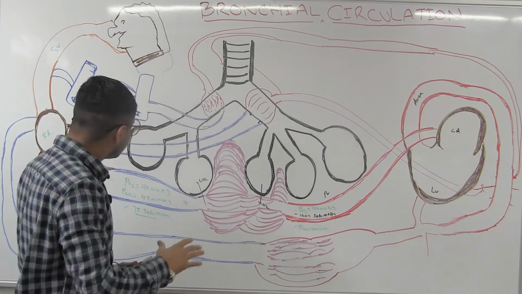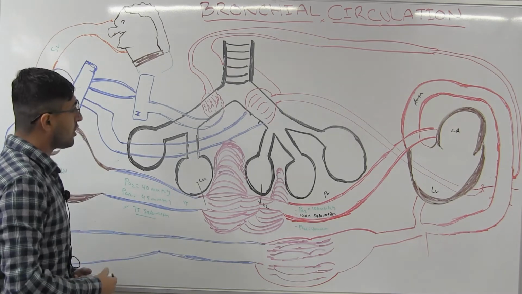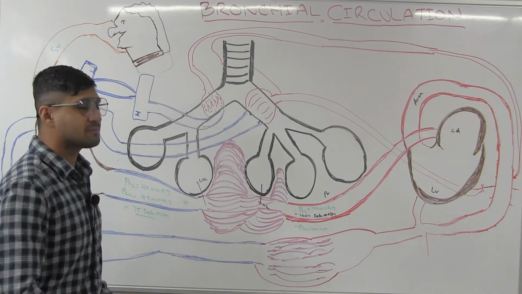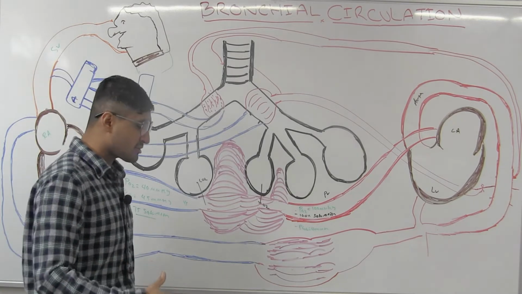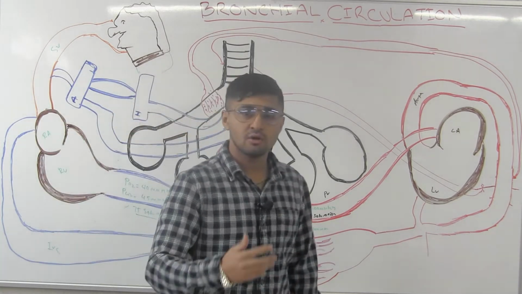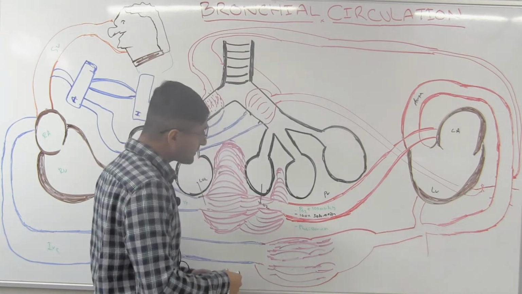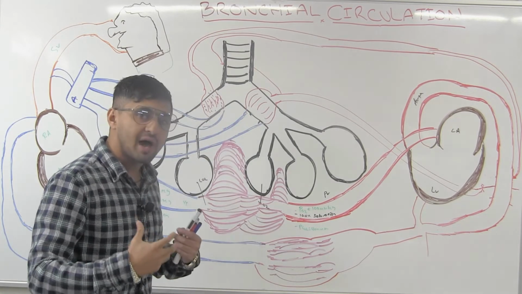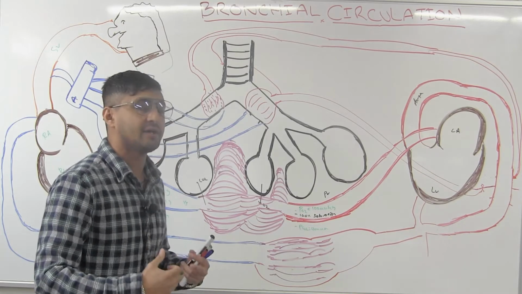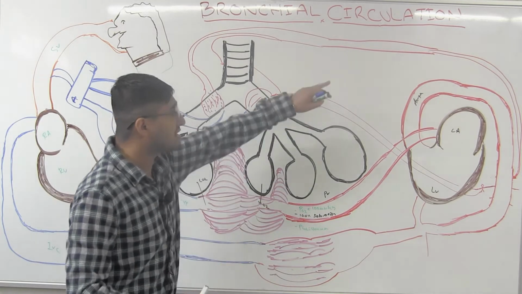Now, we have been talking about this for a while, right? But we have to talk about what bronchial circulation is. The bronchial circulation is actually part of systemic circulation. What does that mean? It means that the bronchial arteries are carrying oxygenated blood,